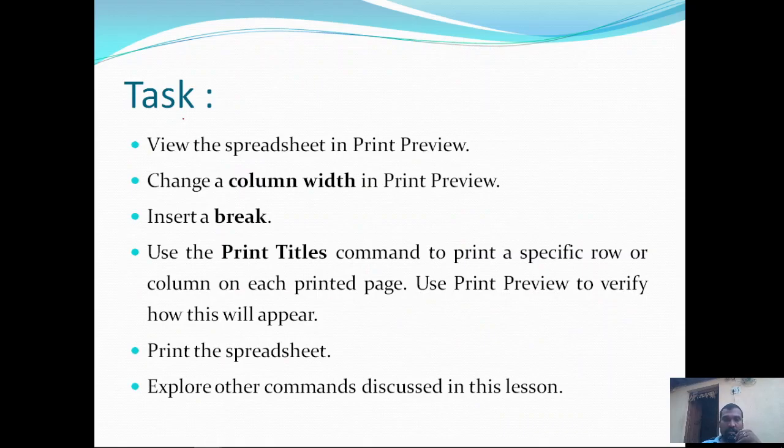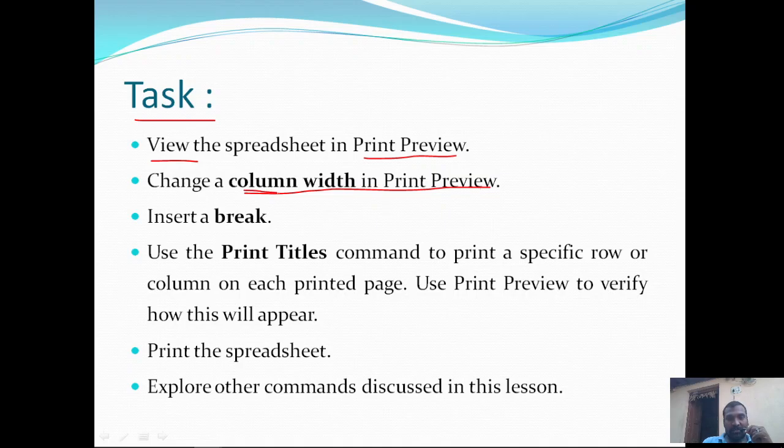Let us discuss the tasks to be performed by you. Try to view the spreadsheet in print preview, observe the several commands that are available. Change the column width in print preview for a specific column or a few columns.